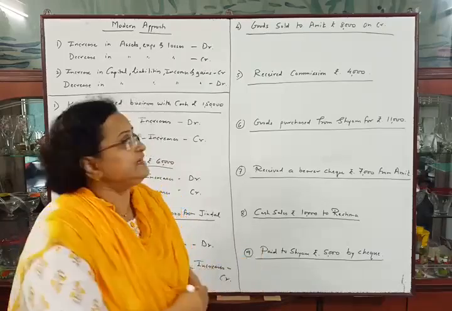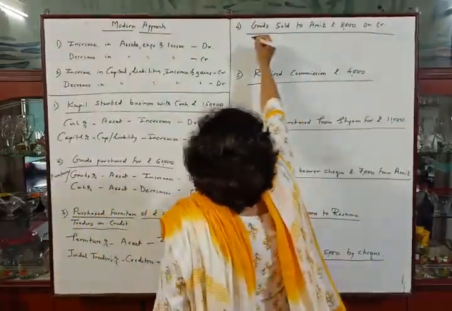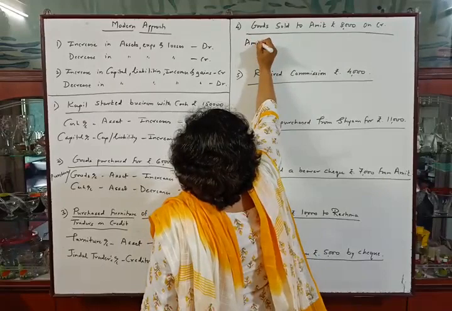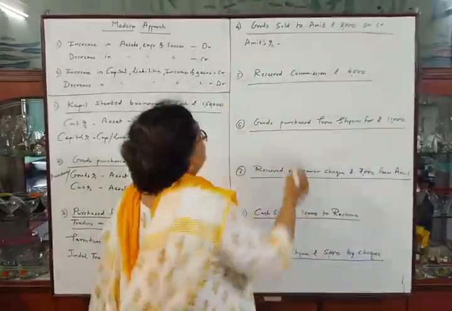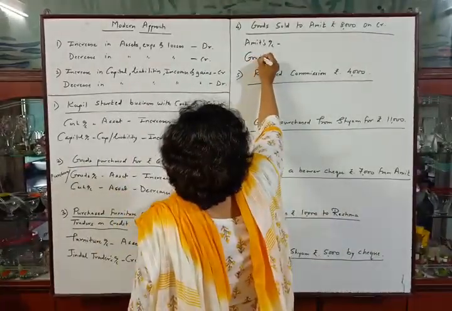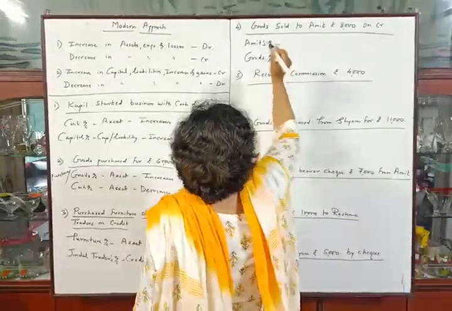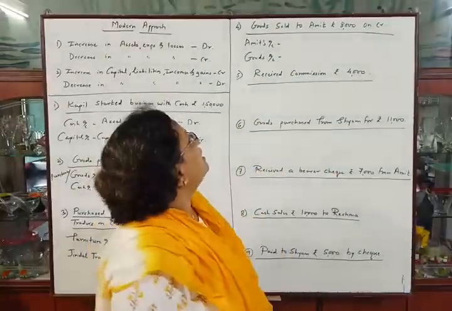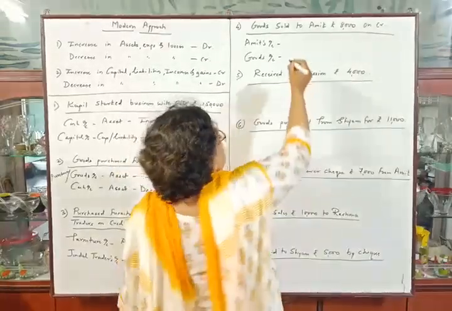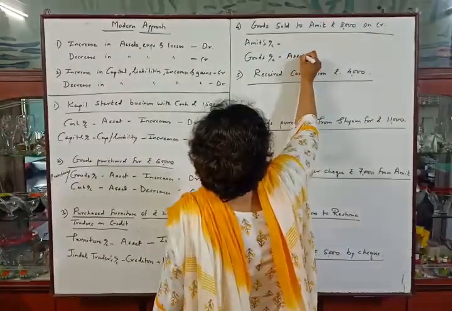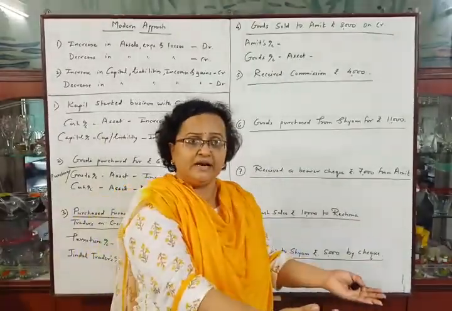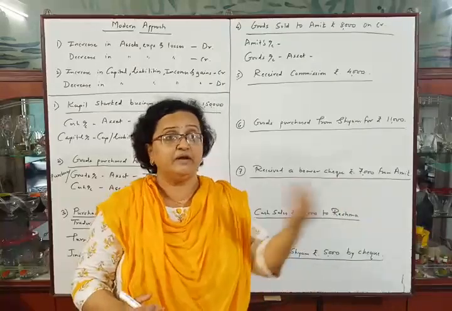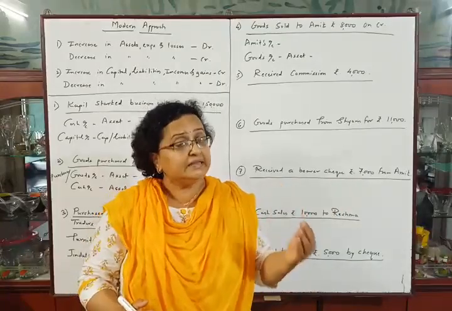Again this is a credit transaction. So first account should be Amit's account as we are selling goods to Amit. And second account will be goods account. Okay. Now goods asset and Amit. We are selling goods to Amit on credit means amount is receivable from him and anything receivable is